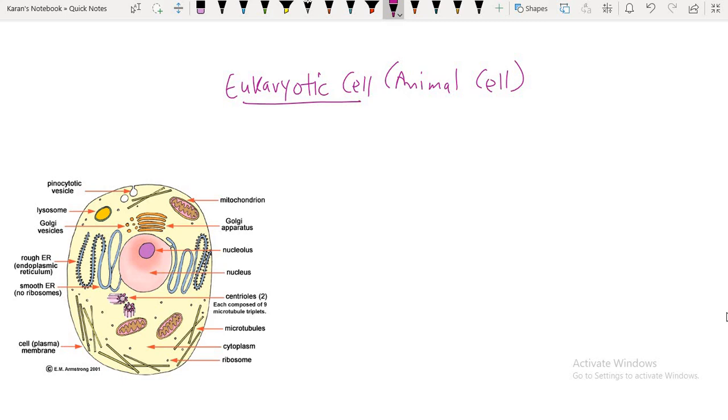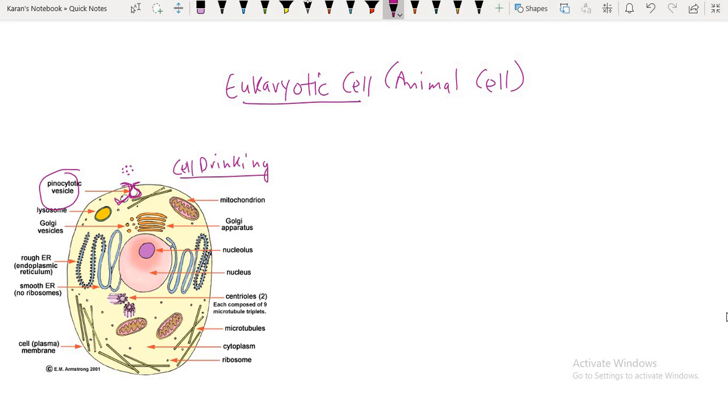Here first of all you can see a pinocytotic vesicle, where there occurs the invagination of the cell membrane. Whenever some small particles or water droplets come near this membrane, this invagination takes place, and this will lead to the formation of a vesicle. You can see here is the vesicle which has been formed, right? This pinocytotic process is also known as cell drinking, right? This is an important part of the activity of the cell, right?